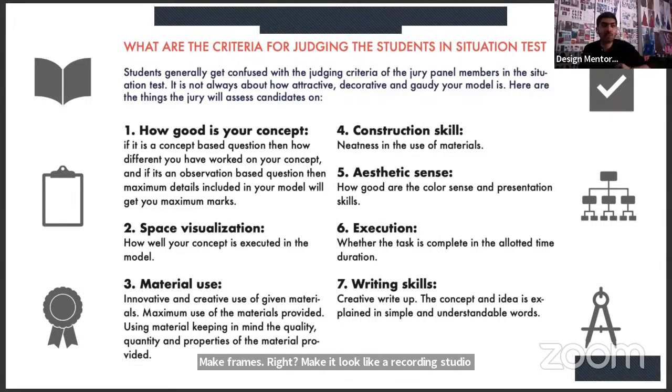An exercise given in a previous year was about a kindergarten school play area. So if you just end up making tables and chairs, it won't help. You will have to make small toys using clay or elements that represent a kindergarten school. How would it differ from a school for children in high school, and how is it going to differ for children who are in playgroup? So you have to consider those conceptual elements while you're developing your concept.